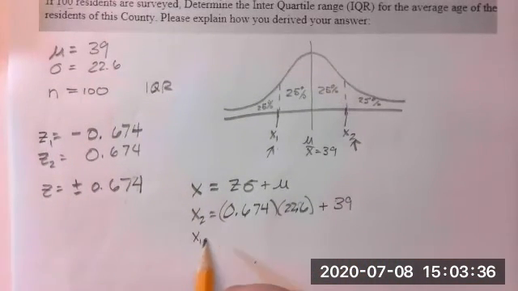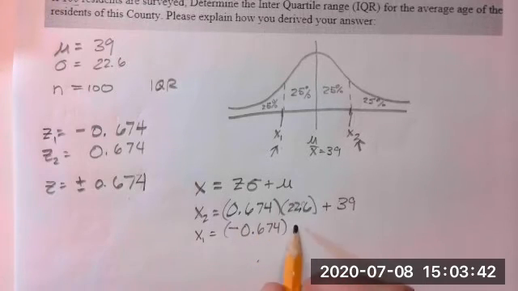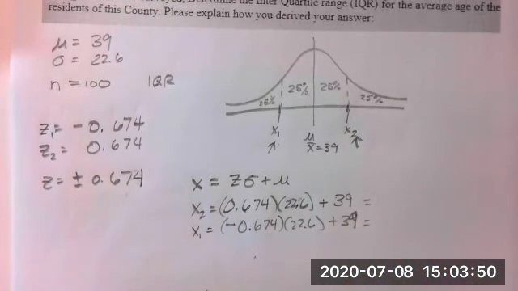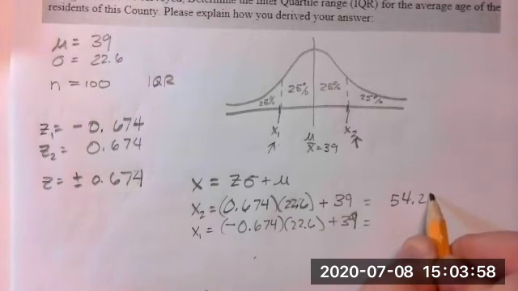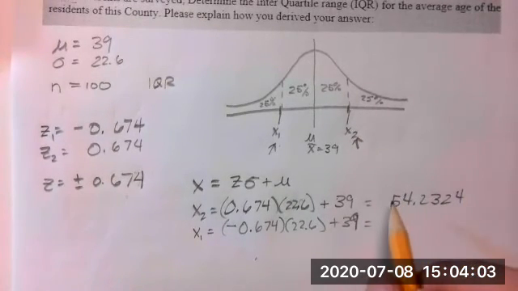And my x1 value is the same thing, just with a negative 0.674. If I plug those into a calculator, I get that x2 is 54.2324, and then x1 is